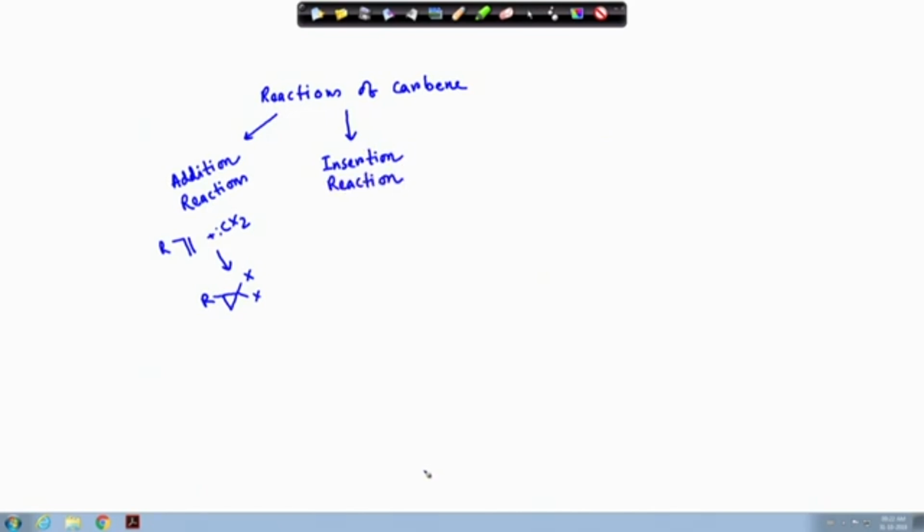What does it mean? If there is a carbene and there are, for example, carbon hydrogen bonds, this carbene can be inserted into that carbon hydrogen bond. As per example, so this can give